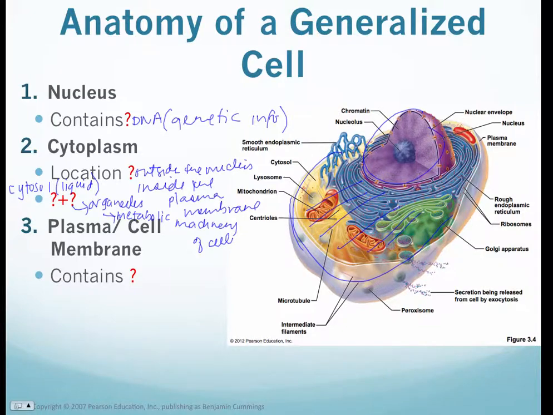And carry out all of the functions to make our cell work. Okay, so here's one in green, the Golgi apparatus. Mitochondria, our energy source. Here we have rough endoplasmic reticulum, and we'll get into the functions of all of these in the next video lecture. And then finally, outermost layer here, we have the plasma membrane, and it contains the cell contents